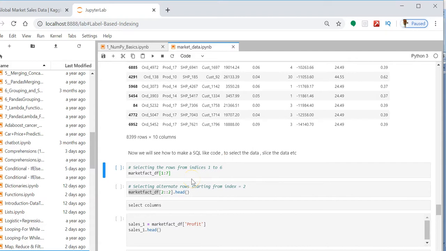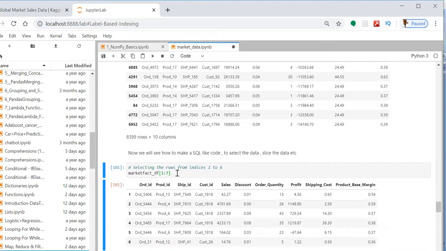Now in the following section, let us see how to slice and dice the data from the DataFrame. If you want to select the rows from indices 1 to 6, you can mention market_fact with 1 to 7.